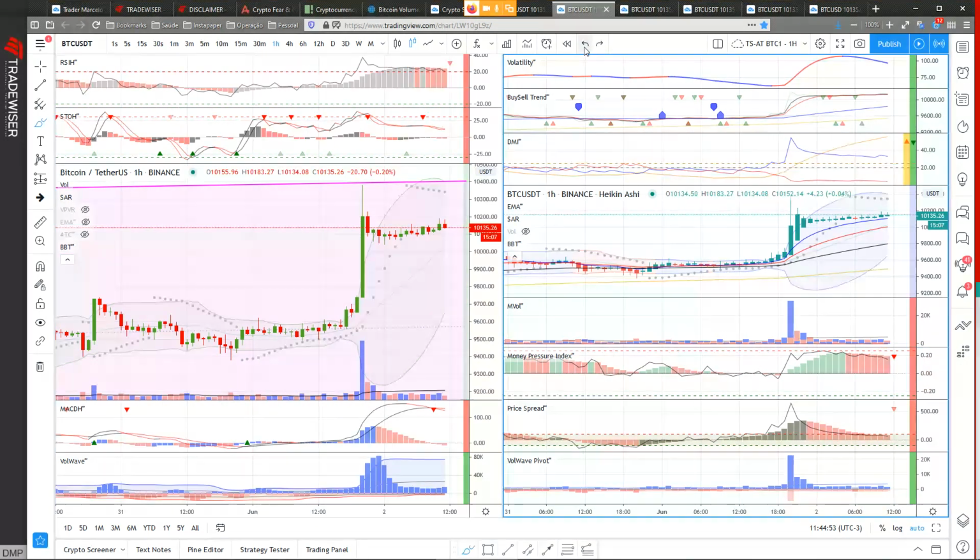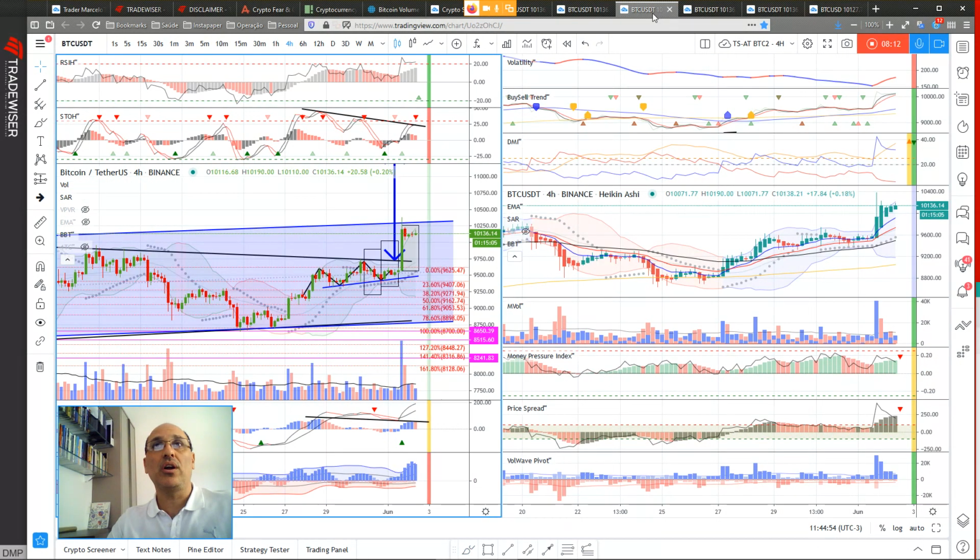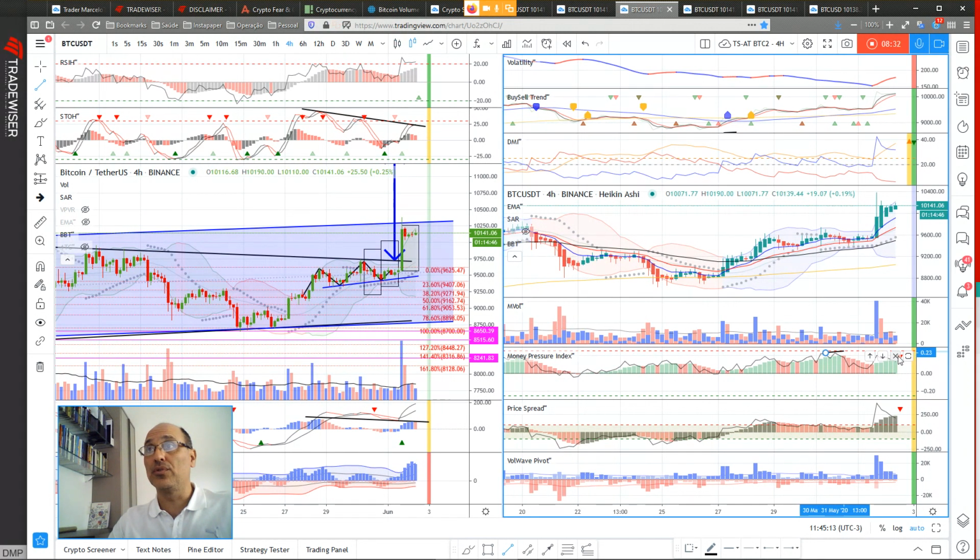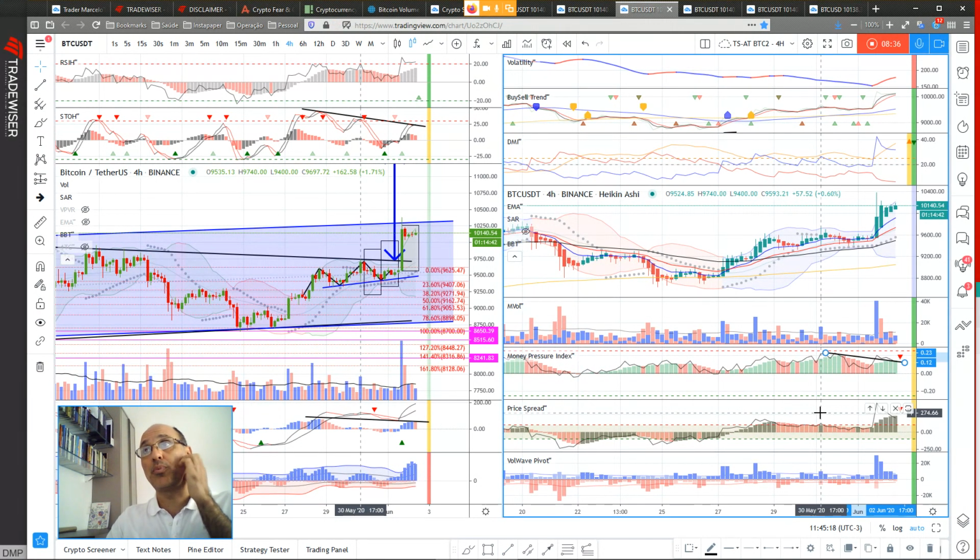What is the most important one is the 4 hour chart. Here we have, and it just started, it's on its third sideways bar, and let's see how long it's going to take to go on this sideways. In the meantime, we can see that there's a few divergences between price and indicators, which means that yes, we might have